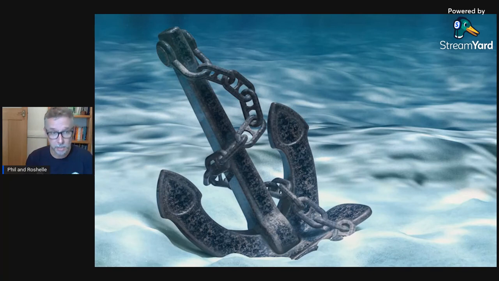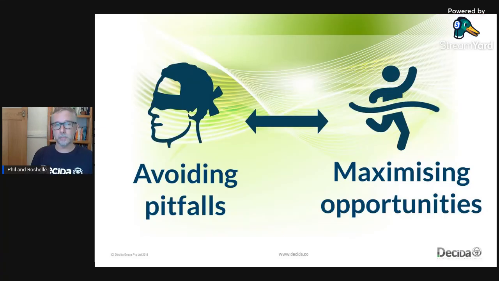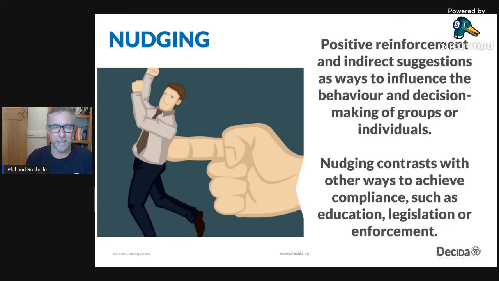It's fascinating. But these are some of the cognitive biases that we study as behavioral economists, right? But like I said before, it's not just about avoiding pitfalls or avoiding bad decision making. You can imagine, we talked about loss aversion before, prospecting, the pain of avoiding a loss. But when you do take a loss, your risk matrix goes out. In organizations, we see that all the time, or sunk cost bias. This is not just about avoiding pitfalls, it's also about maximizing opportunities. And when we talk about maximizing or increasing good decision making, we often talk about it as nudging.